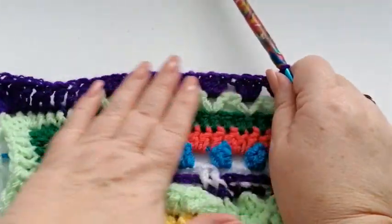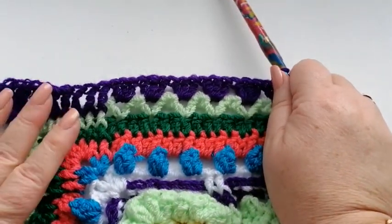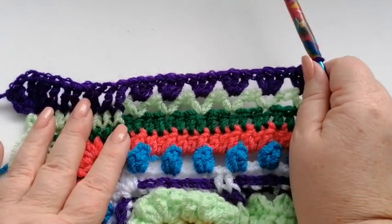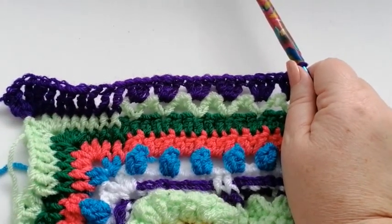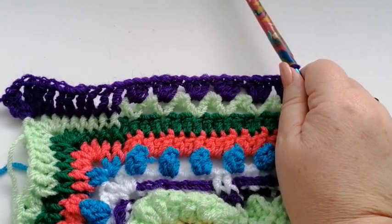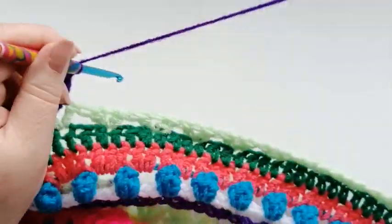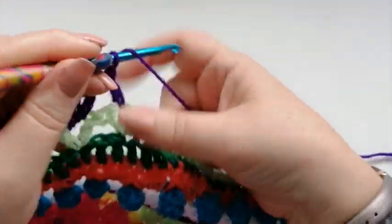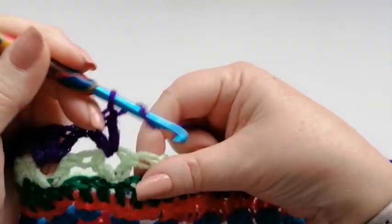So again, it's a fairly easy row. I'll leave you to pause the video and work your 4 sides, and I'll meet you for the start of the next row. We'll just mention that again, because we're working the diamond pattern again,